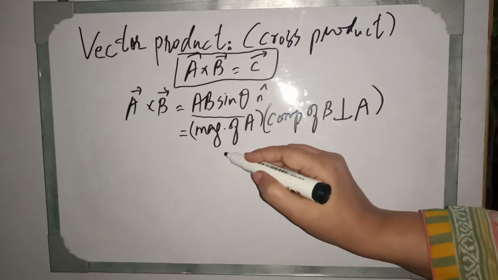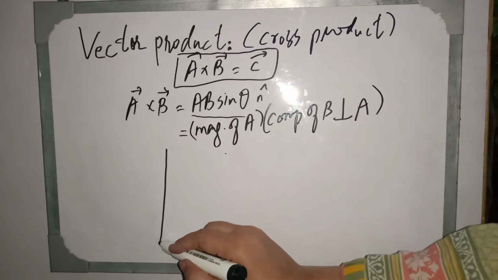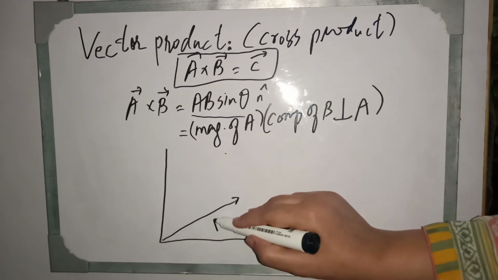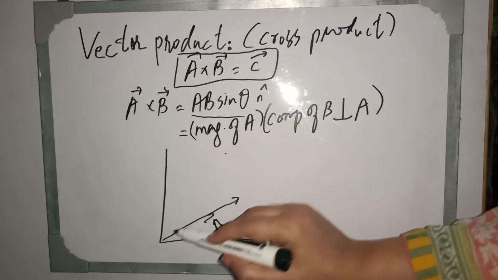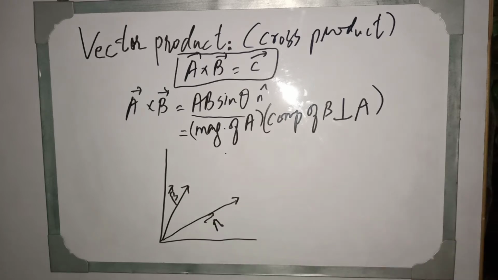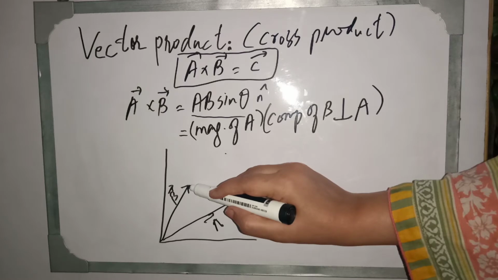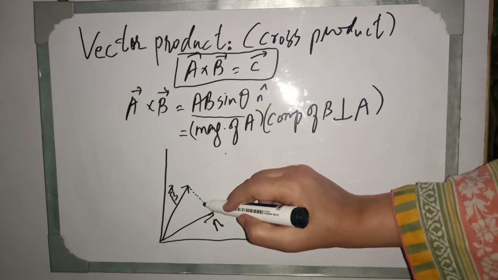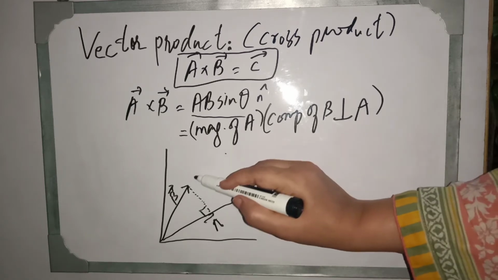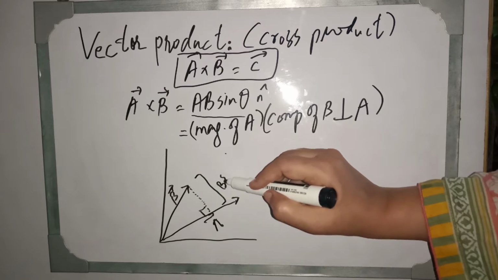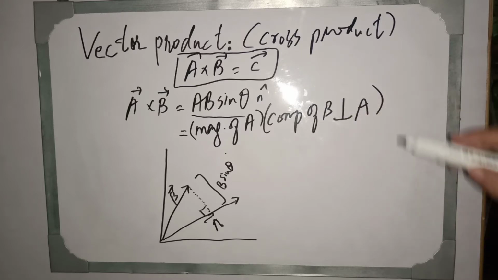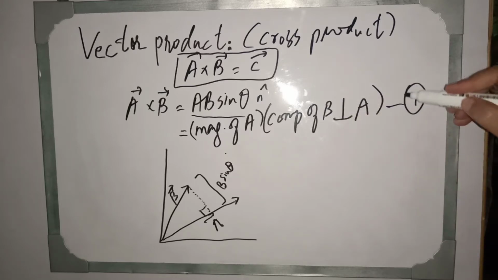In the diagram, how can we show this? We can show this like these are two coordinates. This is vector A in this direction and the vector B is in this direction. We have to get the component of B which should be perpendicular to A. For this purpose, we will drop a perpendicular from B on A. This is the perpendicular because this is making an angle of 90 degrees with A. And this is called B sine theta, which is a component of B which is perpendicular to A. And say this is equation number 1.